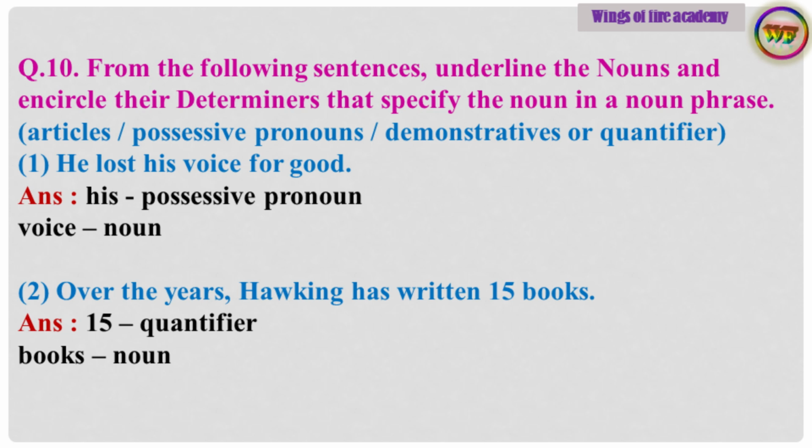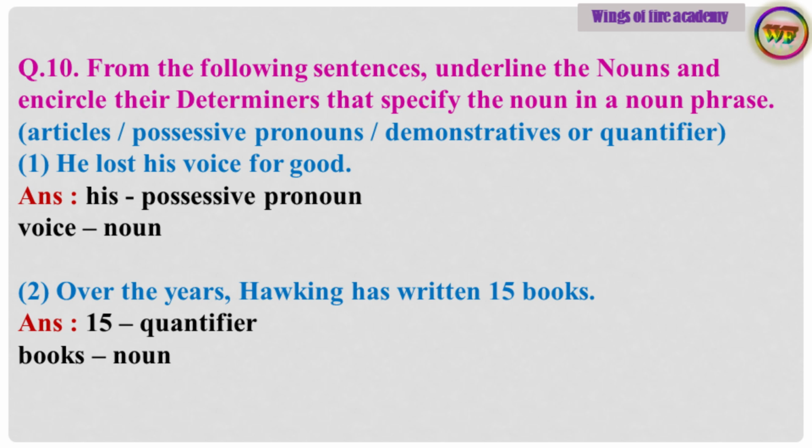Question 10. From the following sentences, underline the nouns and encircle their determiners that specify the noun in a noun phrase: articles, possessive pronouns, demonstratives or quantifiers. Sub-question 1. He lost his voice for good. Answer. His, possessive pronoun. Voice,